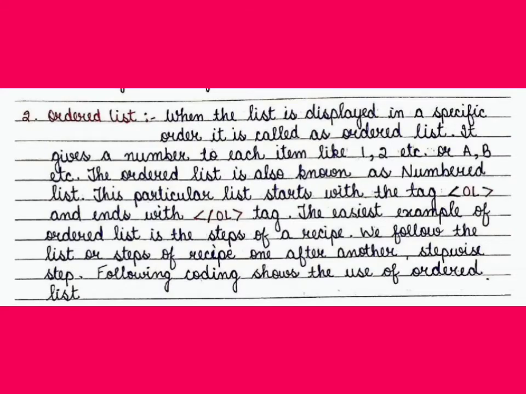Number 2. Ordered list. When the list is displayed in a specific order, it is called an ordered list. It gives a number to each item like 1, 2, etc. or A, B, etc. The ordered list is also known as a numbered list. This particular list starts with the OL tag and ends with